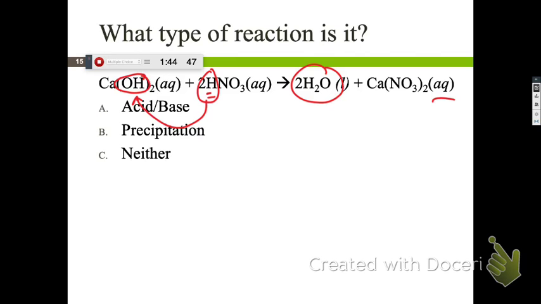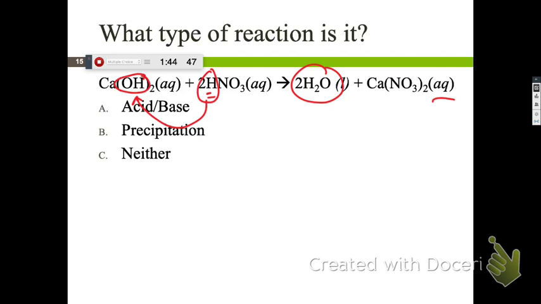That starts on page 2. I want you to work through these, and as you go through, try to recognize when there is an OH- reacting with an H+. There's a little bit of text at the top there that you need to think about, as far as forming carbonate, using carbonate, and then forming carbon dioxide. So go ahead and work through problems 5 through 13.